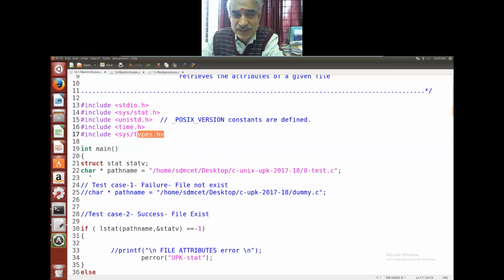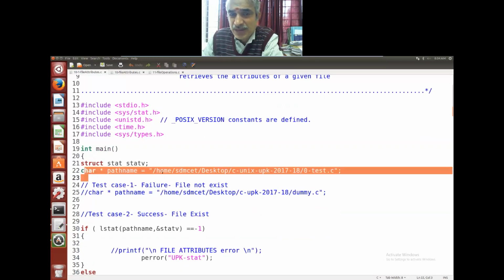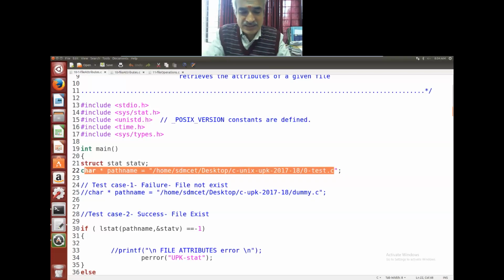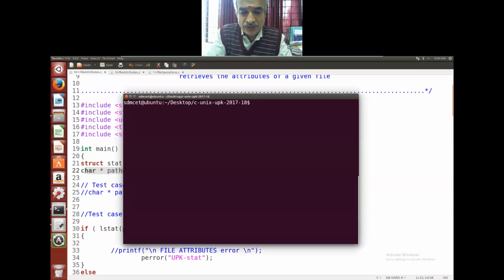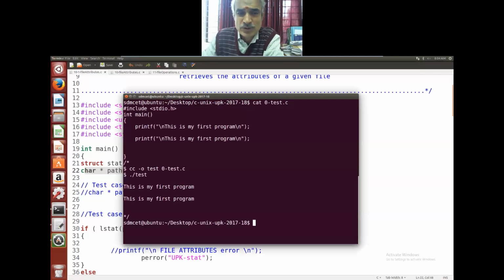Now consider I have declared one variable here with the complete path name of that file, and the name of the file is 0test.c. When you cat 0test.c, this is available. This is a small program that has been written, and when you look at its attributes,